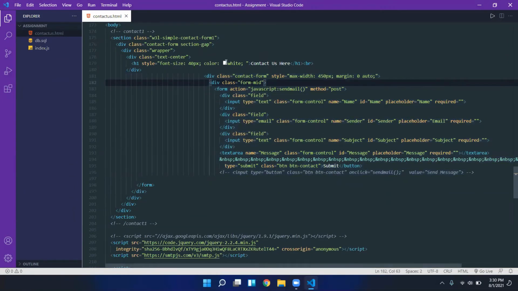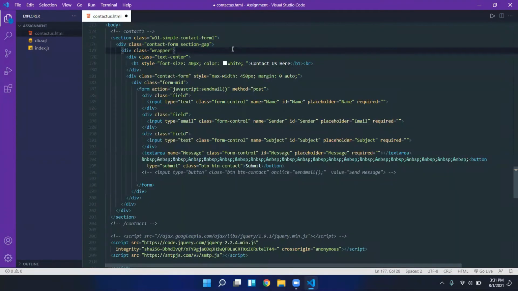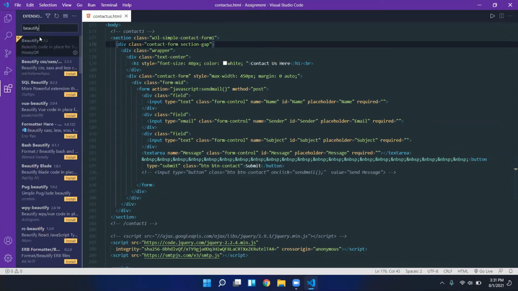You want to rearrange this whole code in proper format, so you just need to press F1. The first option coming here is Beautify file. You just need to click here and it will rearrange the whole file for you in proper format. This is the third extension which we could have.